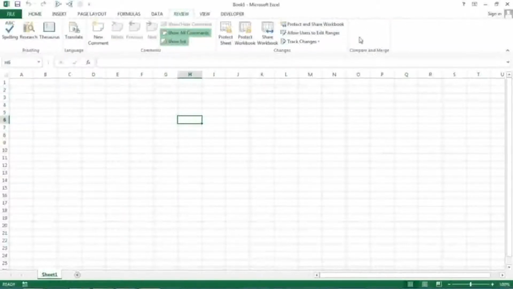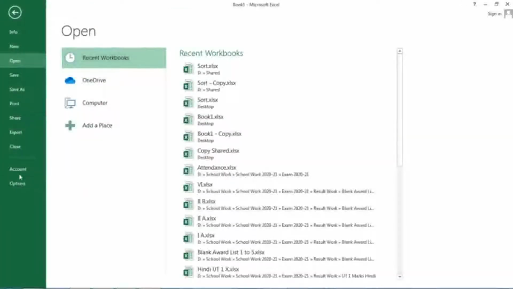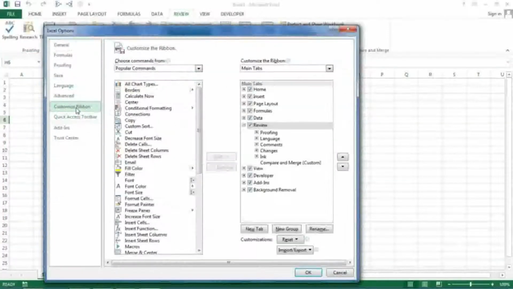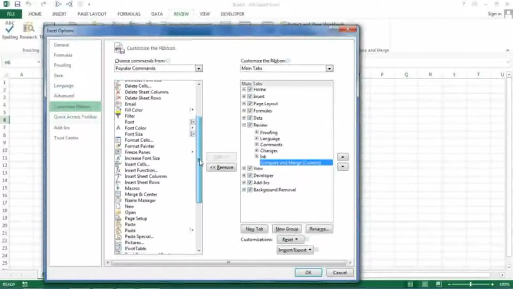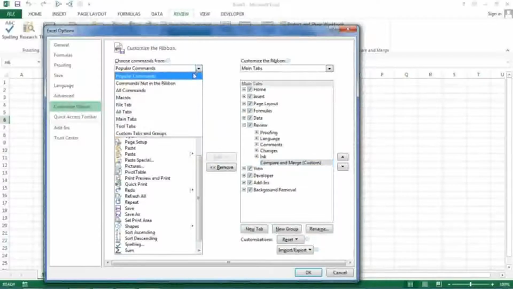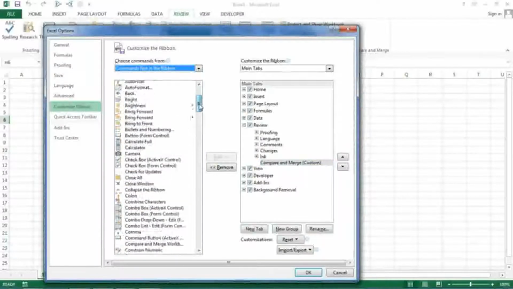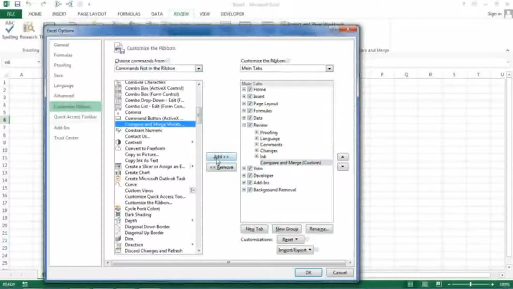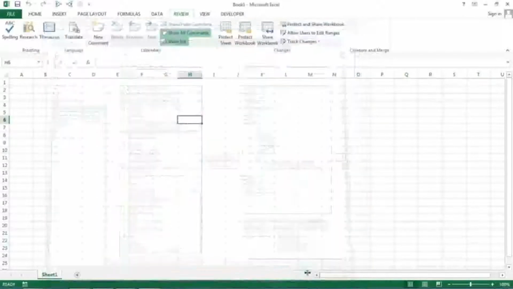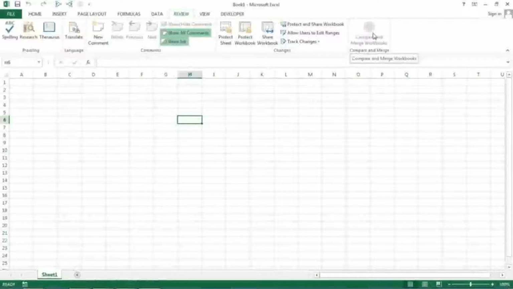So like that you can add, but here the icon is not showing. Okay, that also I will show you how it will come. When you are selecting this option, one more thing you need to do: in Options we have to add the command properly. Now the Compare and Merge option we have added is a group only. Now in that I want to add this command. So, Commands Not in the Ribbon, then select Compare and Merge Workbook, Add. Now it is coming. So here you will get this option, Compare and Merge Workbooks. Now it is added in MS Excel. This way you can add it either in the ribbon or in the quick access toolbar.